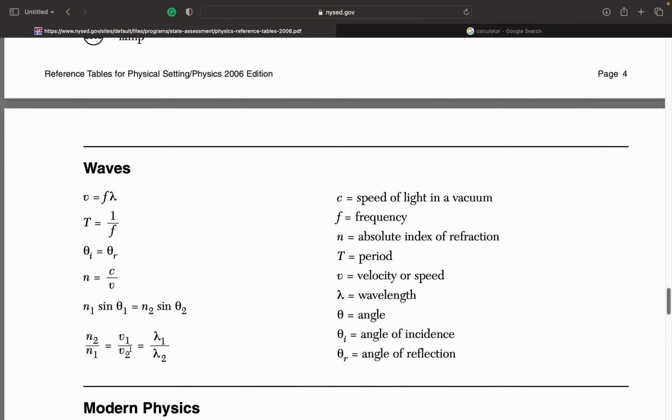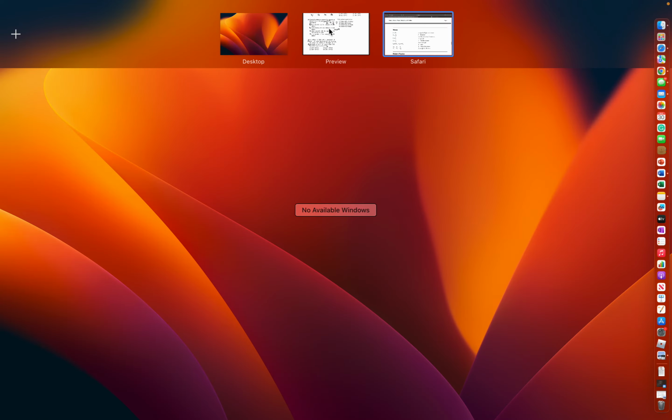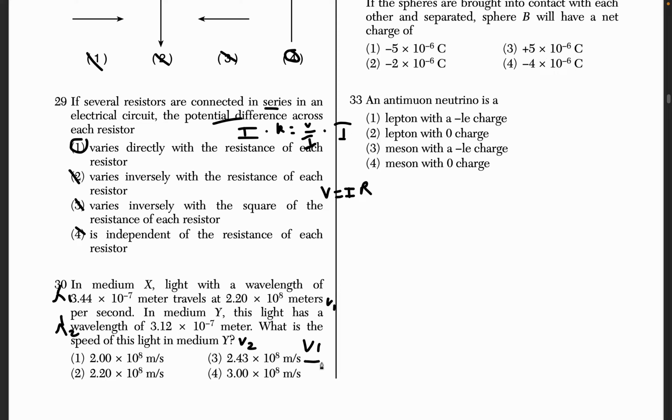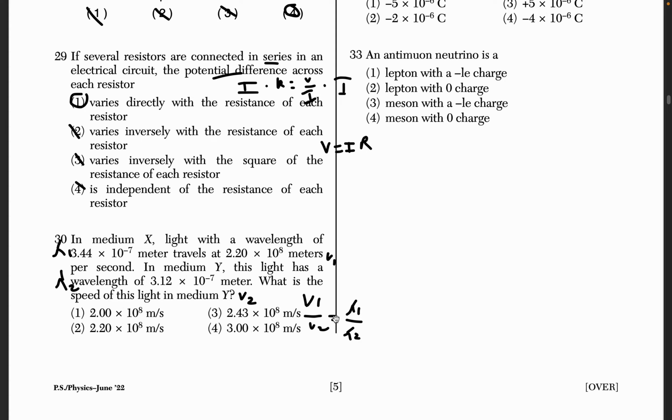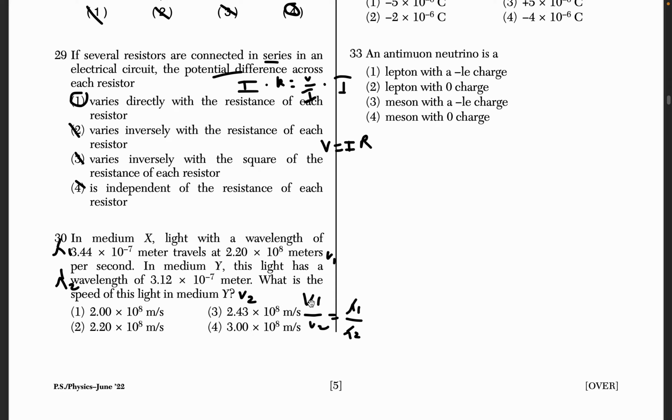We use this one: V1 over V2 is equal to lambda 1 over lambda 2. So you can multiply, no, let's just plug in instead of manipulating. Okay, so we have 2.20 times 10 to the 8th divided by what we're trying to find, V2,